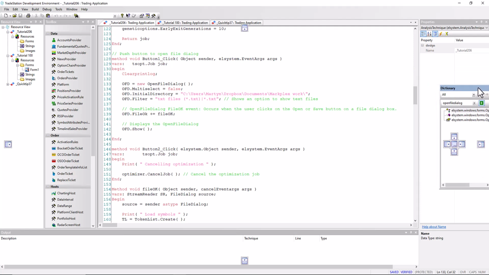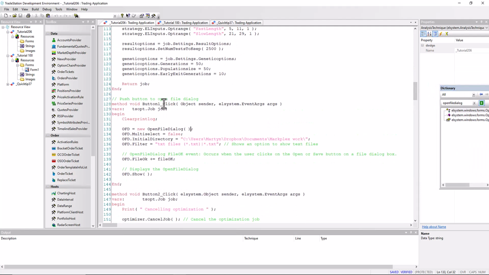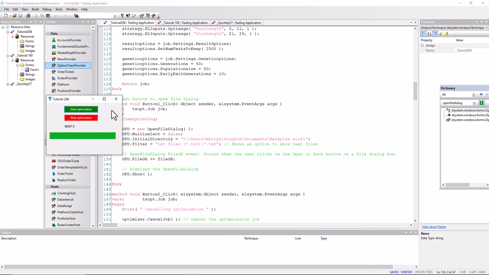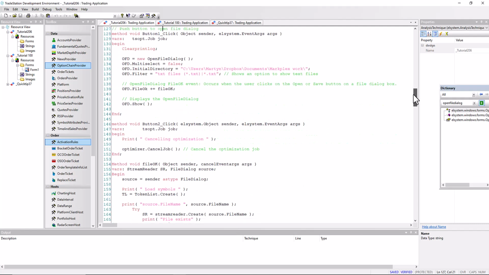The first part of the program is when we click the button on the form, just to go back to that form, when we click the button Start Optimization, that is where we start this OpenFileDialog. And then in the OpenFileDialog, when we click the button on the file we want, then we go to FileOk,